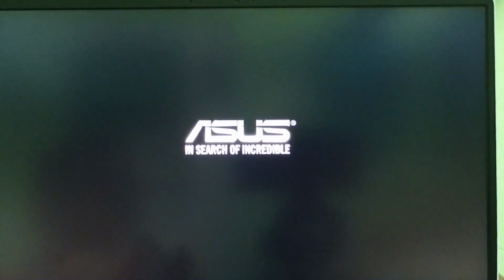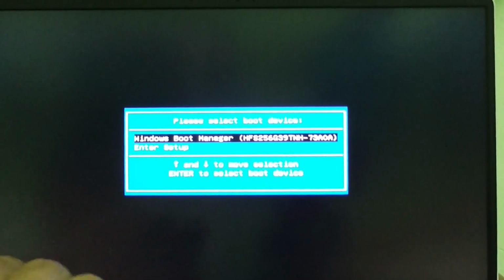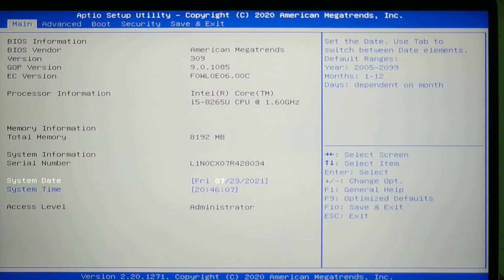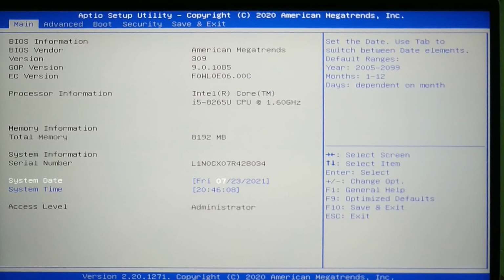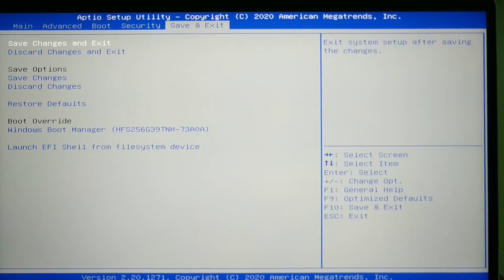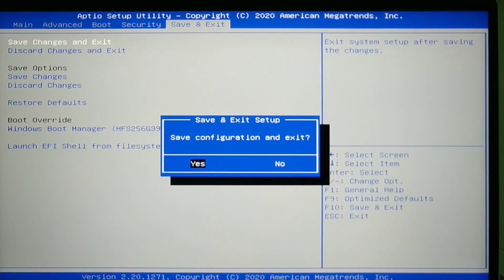Now again we keep on spamming the boot menu key. Here you can see that the Kali boot menu is not seen anymore. So to reboot the system, I will go to enter setup, and now I will insert my USB drive. And then again, just to reboot, it will not show up right now, and we go to save and exit, and then enter, and then enter again.